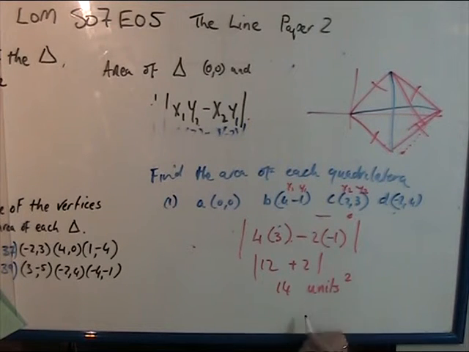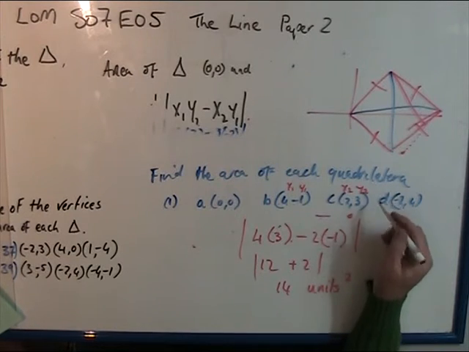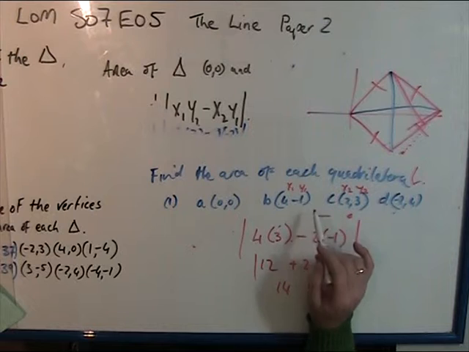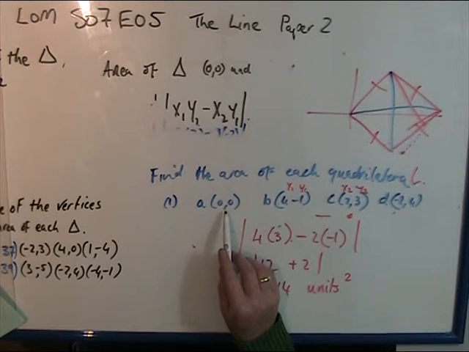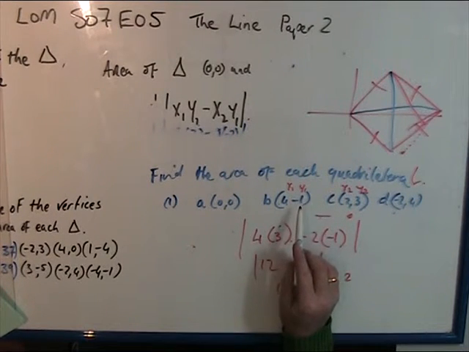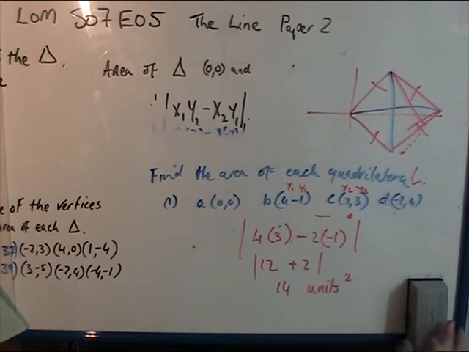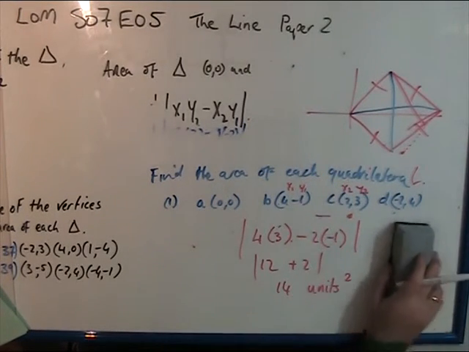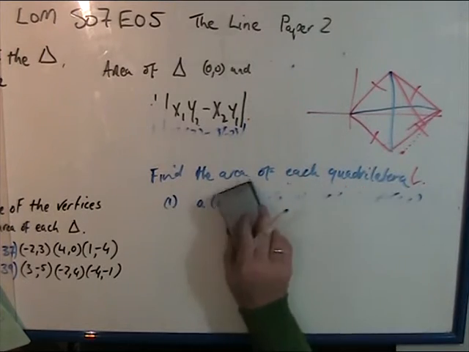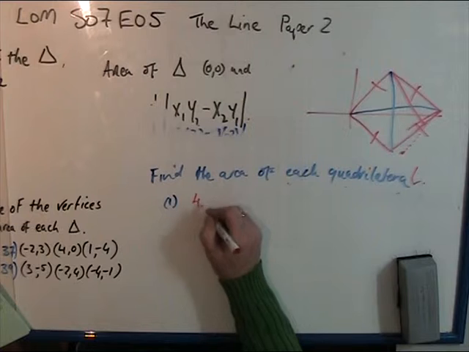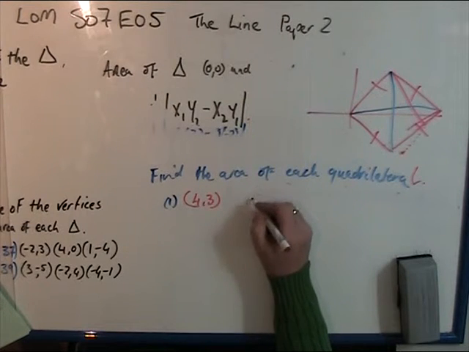So that's how you deal with parallelograms or quadrilaterals, any of them like that. Pick 2 points because you've got one of the vertices at 0, 0. If you don't have one of the vertices at 0, 0, and I'm going to put this one down actually, you have to translate them all to a 0, 0. So if I was given a set of points, for example, this is interesting, 4, 3,